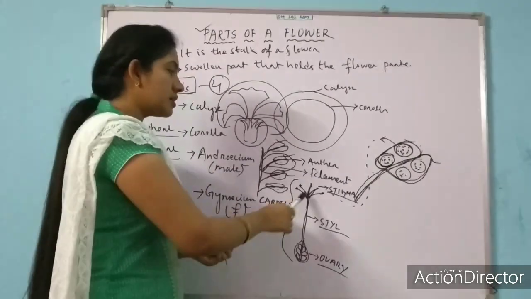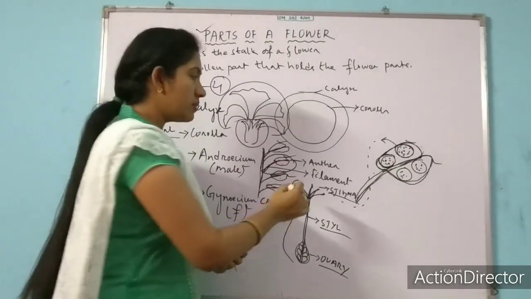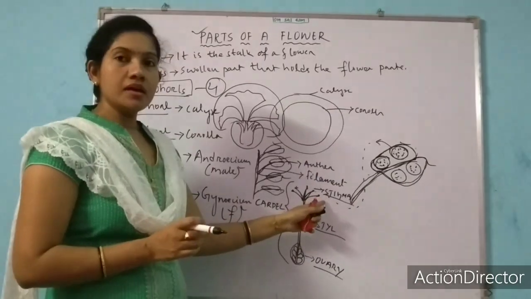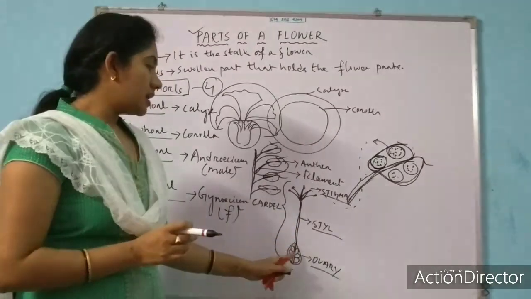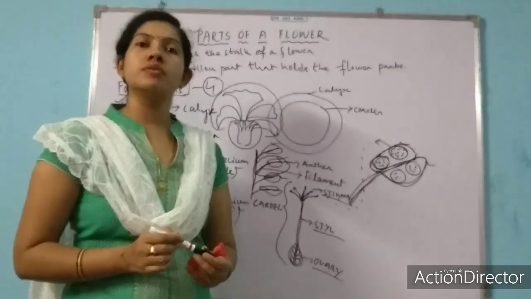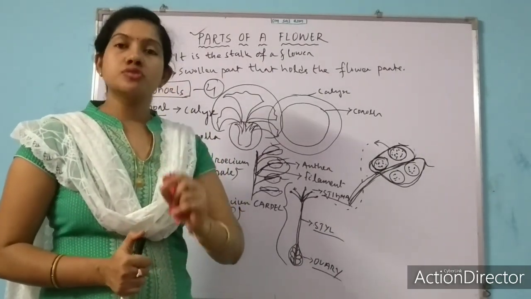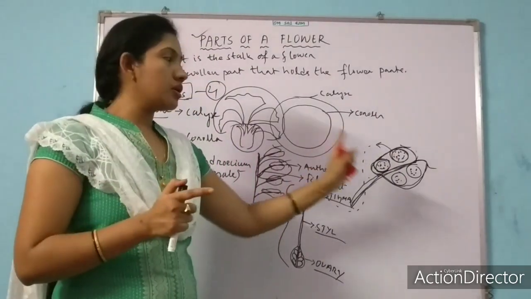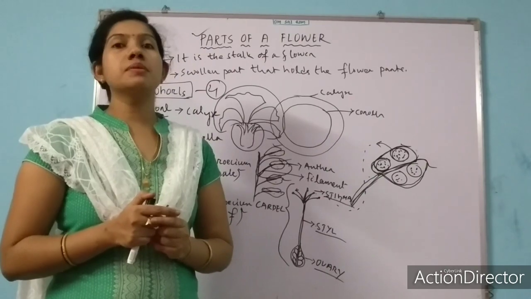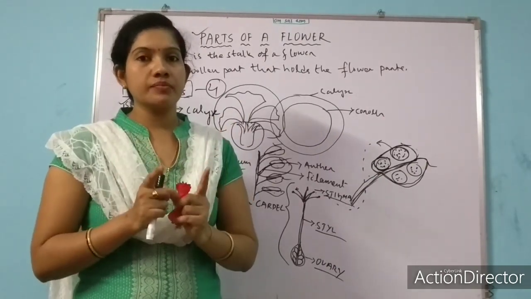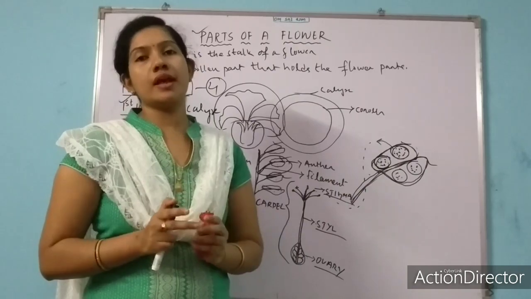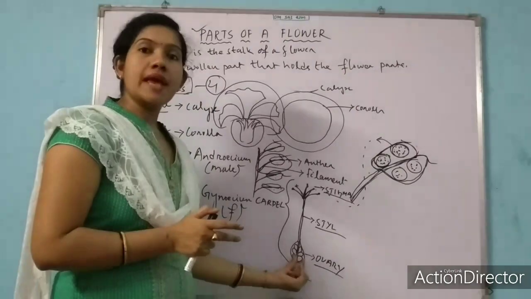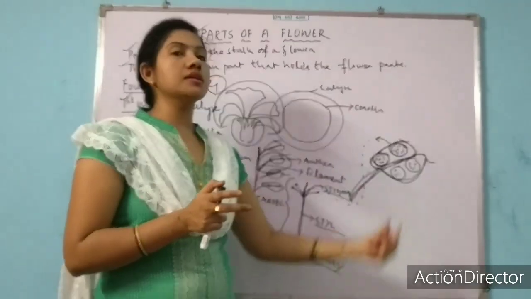So this is the carpel. Carpel generally consists of stigma, style and ovary. The tip-most portion is called stigma, the middle stalk is known as style, and the last swollen part is known as ovary. Ovary contains eggs. If I ask you the question, what is the male gamete? The male gamete is pollen grain. What is the female gamete? The female gamete is ovule or egg, not ovary. Ovules are present inside the ovary. So these ovules or eggs are the female gametes and the pollen grains are the male gametes.